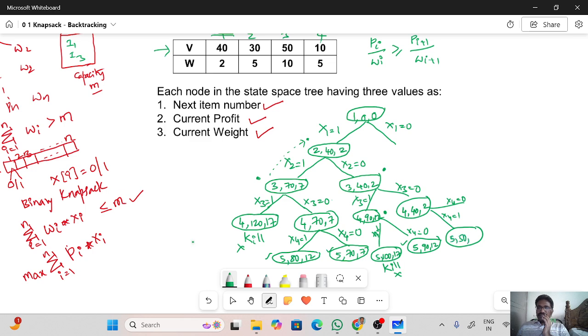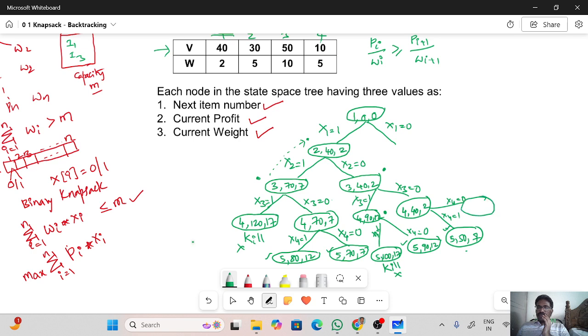Next I consider 5. What is the weight of the knapsack? Item 1 weight and item 4 weight, 2 plus 5, 7. Is 7 greater than 16? No. So we continue. Is it possible to consider the fifth item? No. So this is one more solution. As of now, 90 is the maximum. We are not satisfied. We want to verify all the possibilities. Now what about x4? We have one more